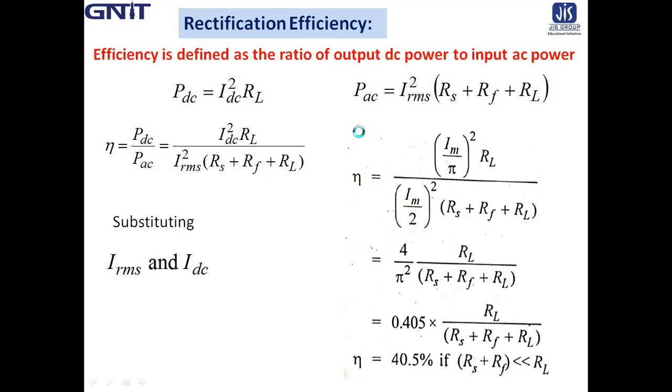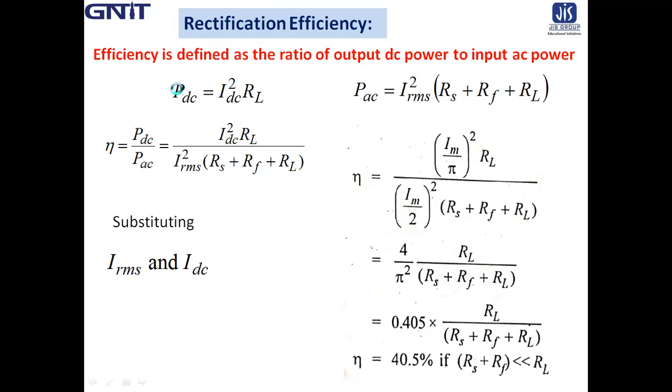Now remember that for the calculation of rectification efficiency, we apply the input AC power at the primary winding. The secondary winding power is applied for the calculation of the transformer utilization factor, which will be calculated after the rectification efficiency.